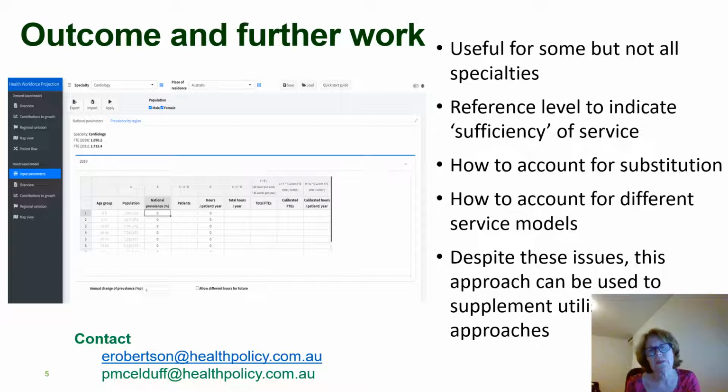So overall, this needs-based approach could be used for some but not all specialties. Some diseases such as cancer are much more complex to map to different specialties. It's important to have some reference level to indicate sufficiency of service, and we need to also be able to take account of substitution between workforce groupings, and how to take account of different service models. However, despite those sorts of issues, we do think that this is a useful approach that can be used to supplement the more standard utilisation-based approaches to